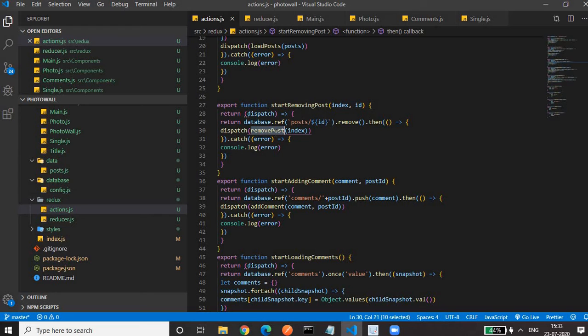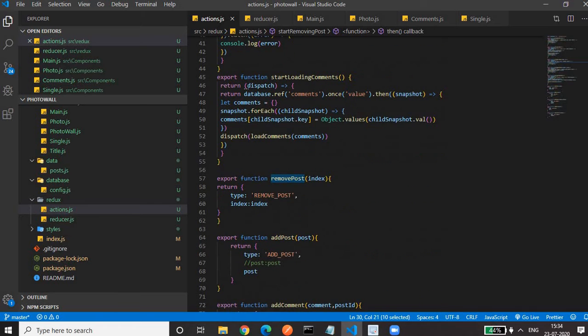Now our store has 4 photos. Before remove, the database is also having 4 photos and the store is also having 4 photos. Once this remove is executed, 1 photo gets deleted, so the database is now having 3 photos. We need to update the store also. For updating the store, we have to trigger the remove post action, so that the store has 3 photos.